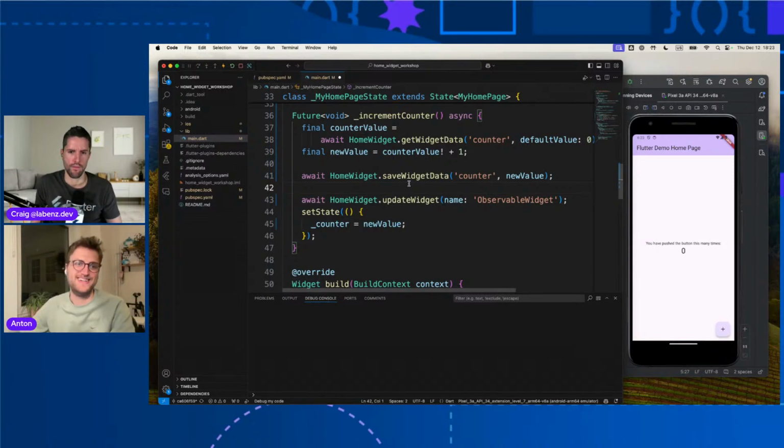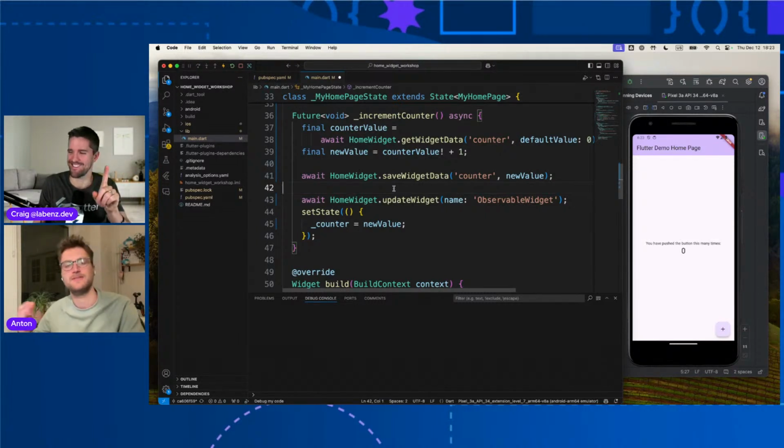Got it. So first you're saving data. I'm guessing get widget data and save widget data are not actually using any kind of platform channels. They're just saving to shared preferences. Is that yes or no? I mean, it's a no, because technically, even if you use the shared preferences package, they use method channels to talk with the native side. I mean, I'm not sure if